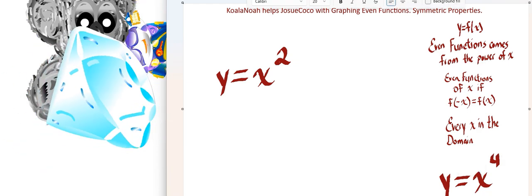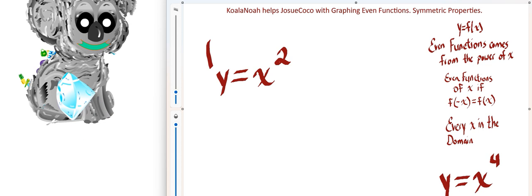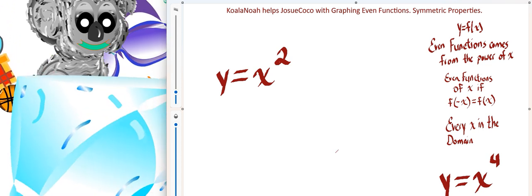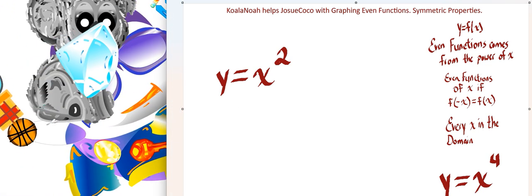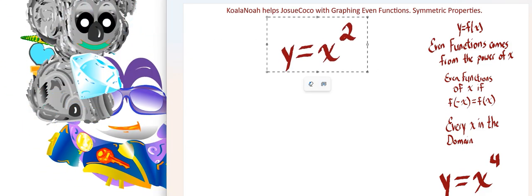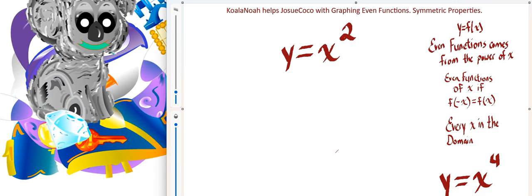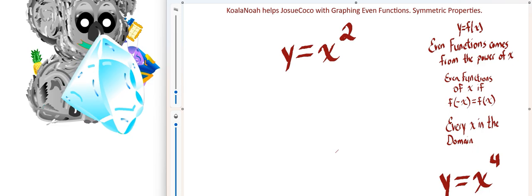So here we have two even functions, x squared, x to the second power, and on our lower right screen we have x to the fourth power. So the power is going to classify the even. If it is an even function,